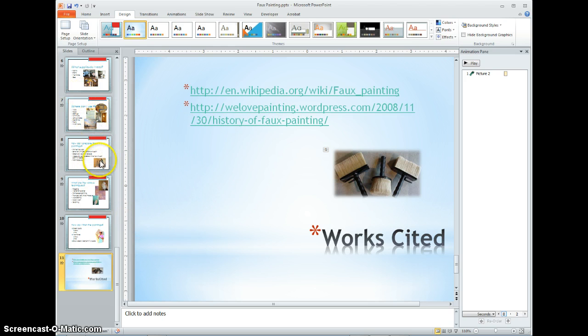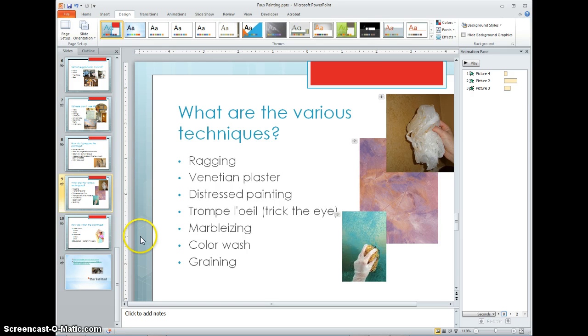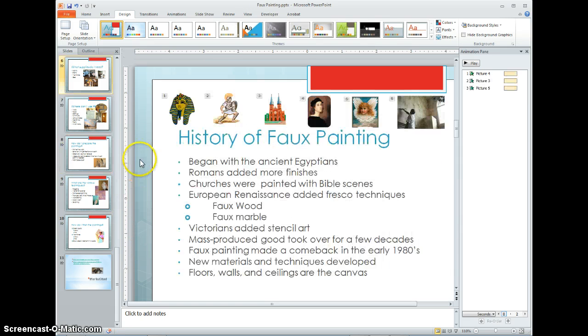Now you can hyperlink, if you don't want to put a works cited page on, you could hyperlink text inside of your slides and put the link to where you took it from. You're still letting people know where it came from. Okay, so